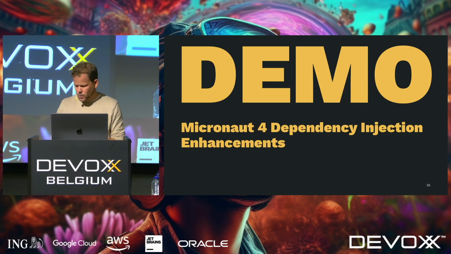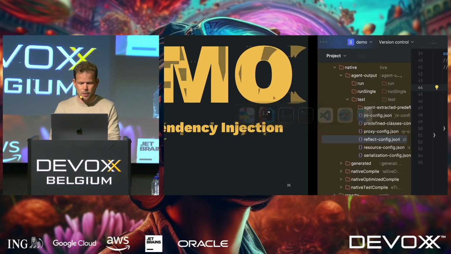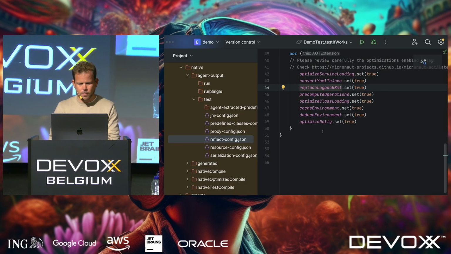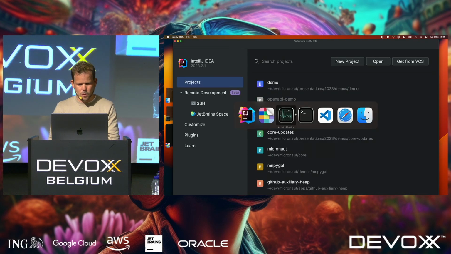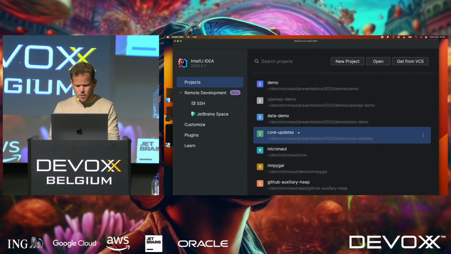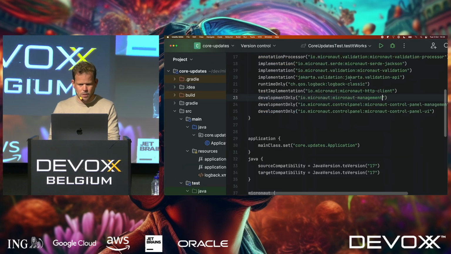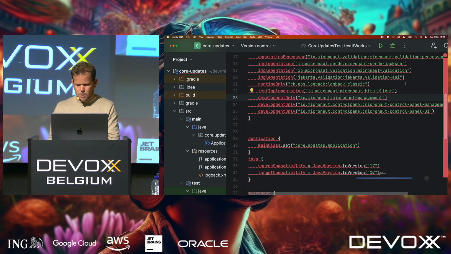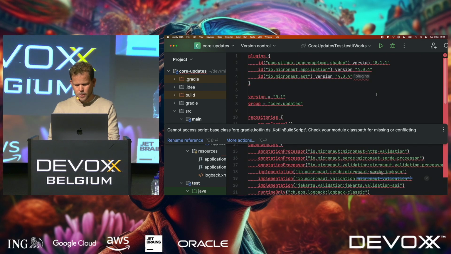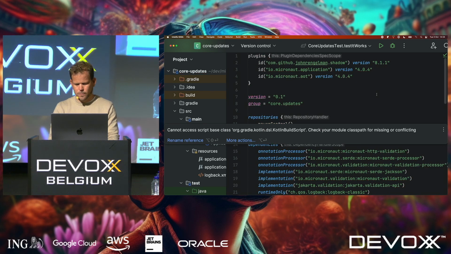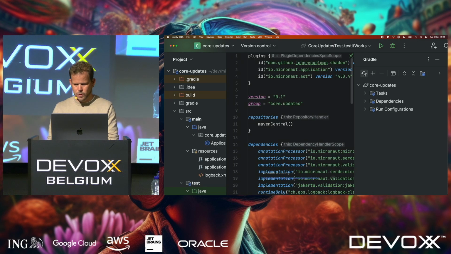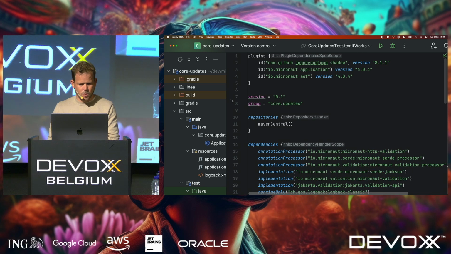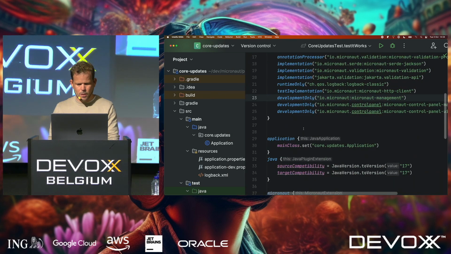Okay, so let's look at Micronaut for dependency injection enhancements and dependency injection in general. I kind of brushed on it briefly, and what I'm going to do is open this project up here. Give it a refresh. Right, okay, so as you saw in the